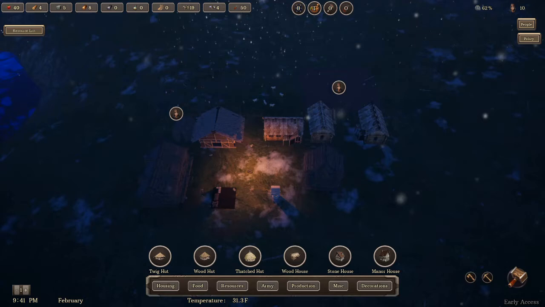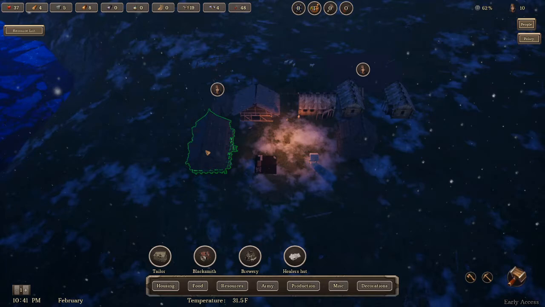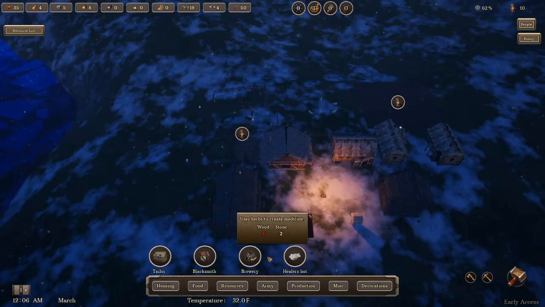What do we have for warm clothes? We've got 9 clothing, but we don't have any warm clothes. That can be a little bit of an issue. So we might look and see if there is a place that can make warm clothes. I'm not seeing it down here at the tailor shop, so under army maybe? Nope. Let's see, miscellaneous? I wouldn't think it would be underneath the miscellaneous, but